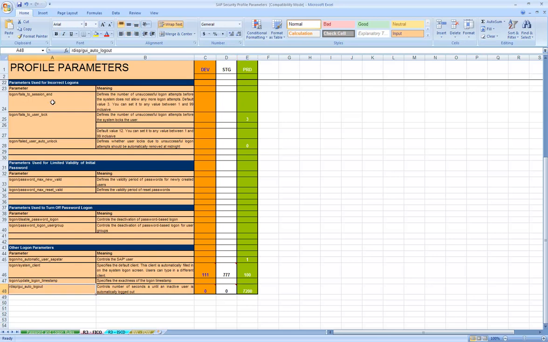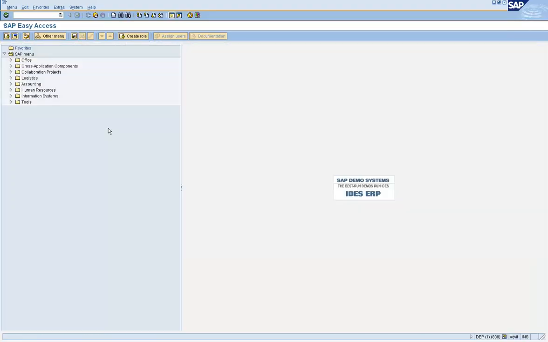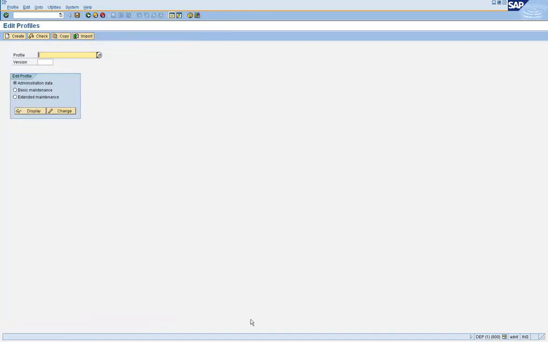Now, you can decide what parameters to implement in the system, but the actual creation or activation of these parameters is done by the Basis team. The parameters are set in the system by using the transaction code RZ10. So let us go and set some parameters.